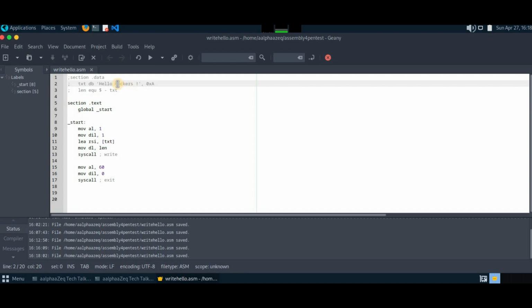One string, hello, then space ha, then the remaining string. Divide the string and push it to the stack. And when you're pushing that to the stack, keep in mind that you should follow the little endian format. You should be in reverse byte order, not exactly the way that we see here. So what we can do here,